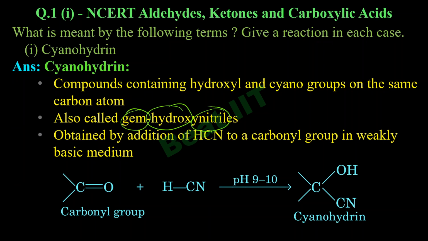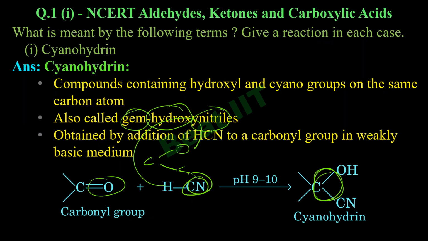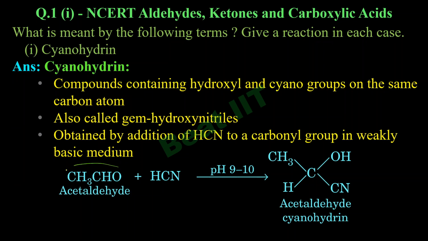So this is the generic reaction. You have a carbonyl group here, you get it reacted with HCN. So what happens here? This bond breaks. So logically it becomes like this, C, O, right? CN goes to one carbon, like here. And because here you already have OH, it goes here. So you have cyanohydrin. If you see the actual example with acetaldehyde, if HCN is reacted in weakly basic medium,